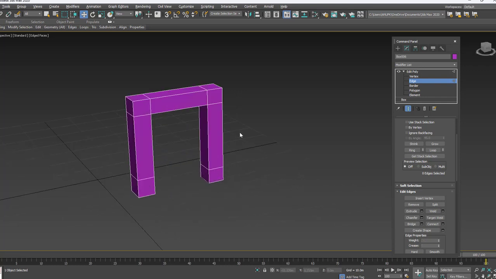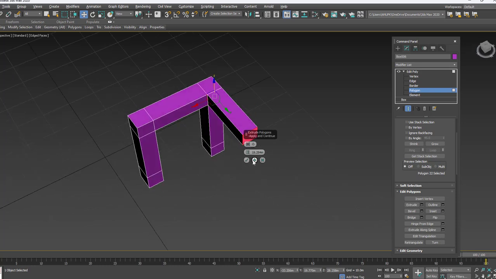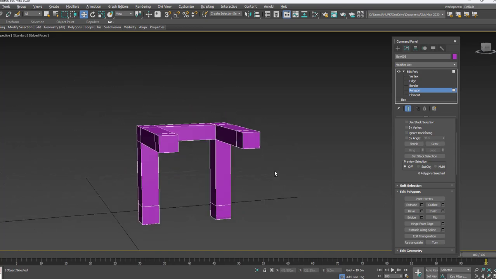Even you can copy it, or else with the help of polygon itself I want to extrude, plus, finish. This one extrude, same amount again, plus reduce, finish it.